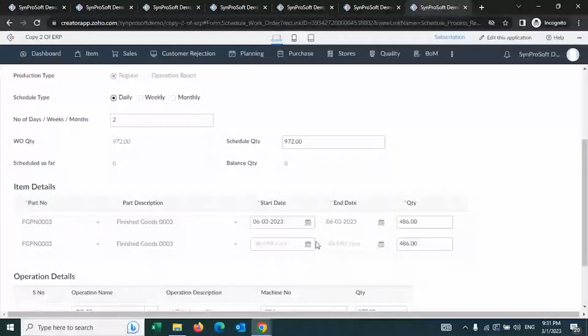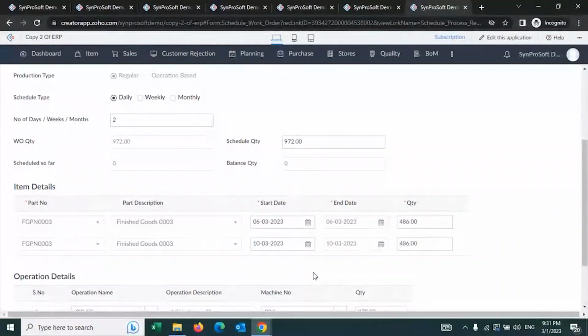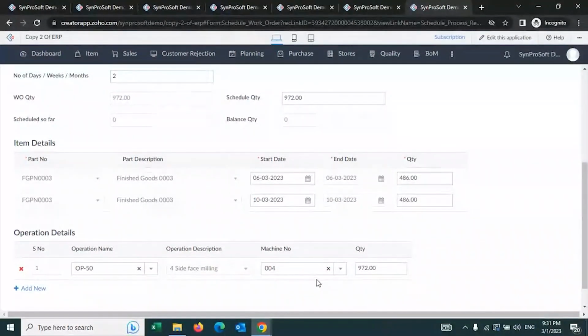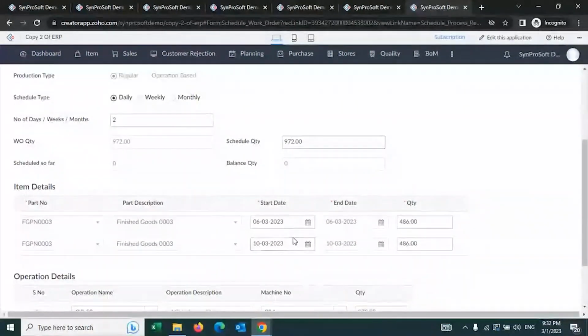When am I going to do the next one? It can be the next day, it can be 1 week later, it can be any time. Let me just put 10th as the next day. Now like this, you can create a schedule, and based on this, the system will identify what raw material is required. For example, let's assume that for this product you do not have any stock and you are going to create a start date as tomorrow. The system will alert you that for tomorrow, you cannot start because you still do not have the necessary raw materials.